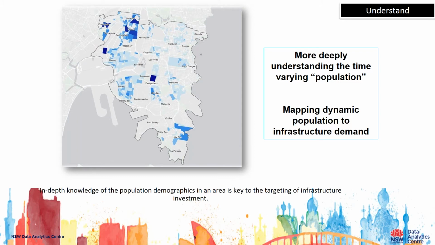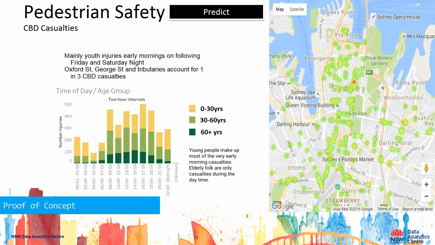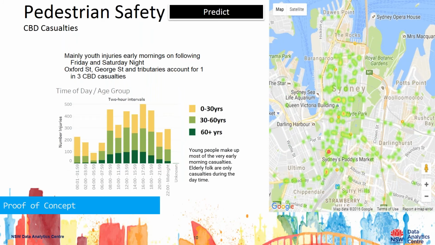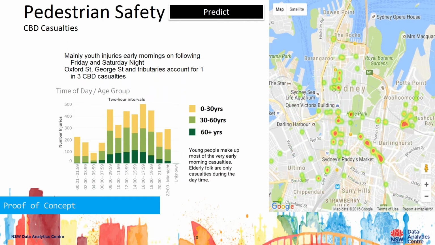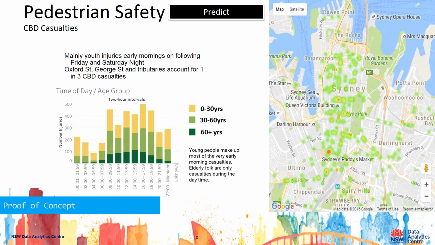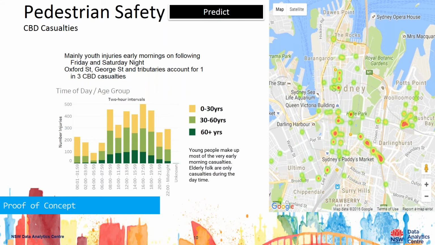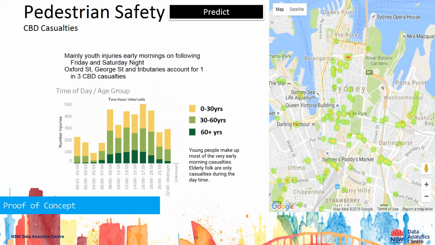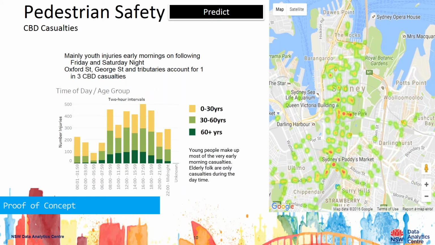Understanding is the first stage, predicting is a different stage. In this case, the problem we were offered is pedestrian safety. In New South Wales, we've had a constant decline of pedestrian deaths from 2011, 2012, 2013, 2014. In 2015, there was a dramatic uptick, in fact, almost a doubling of the deaths compared to the previous year. 2016 and 17 also saw an increase in pedestrian deaths.